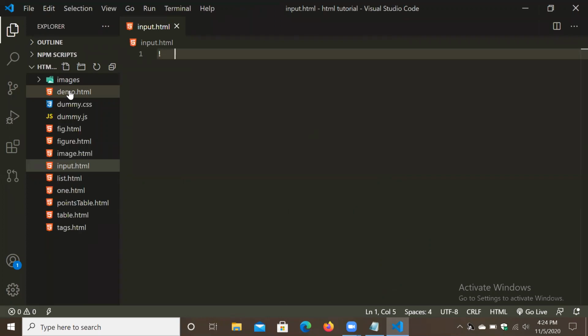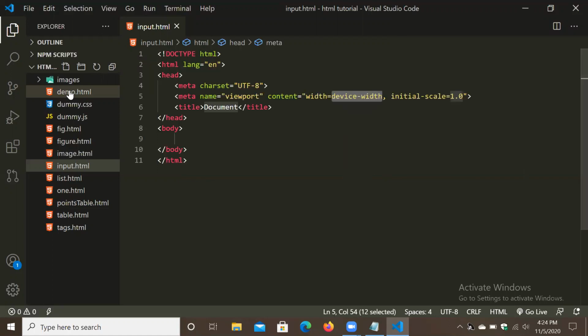So we will write our basic syntax. Okay. Now in title, what we'll do, we will give some name like input controls in HTML. Okay.